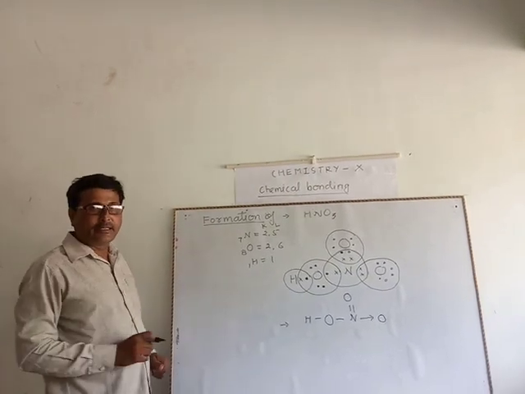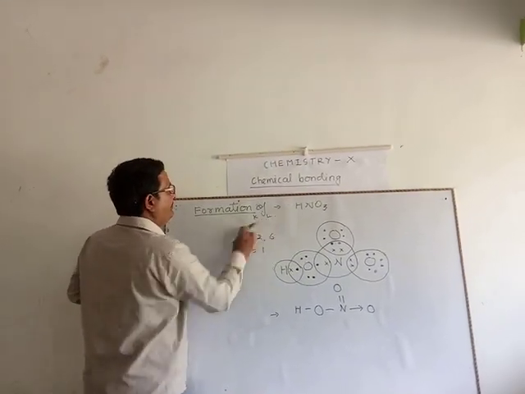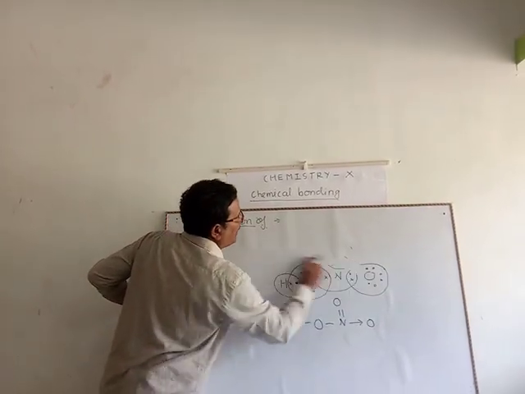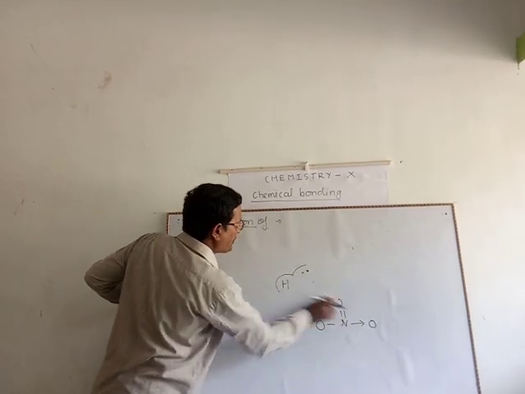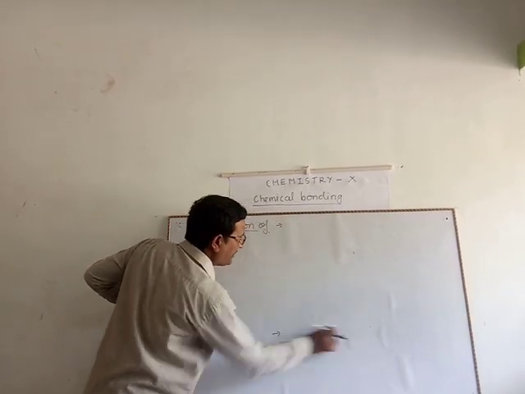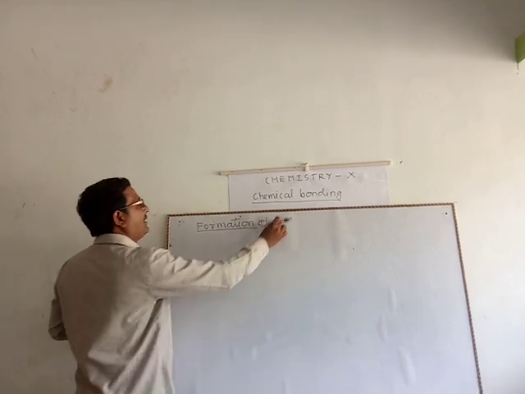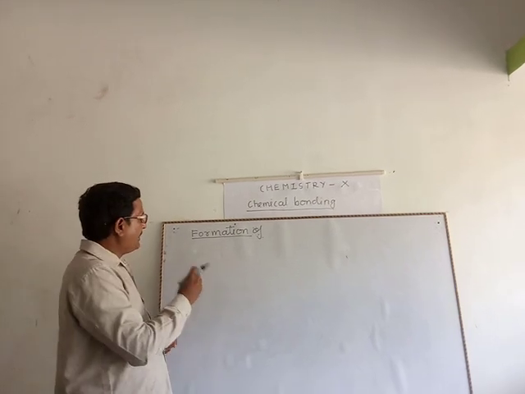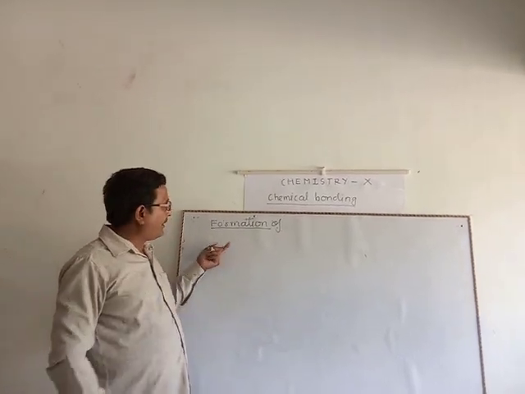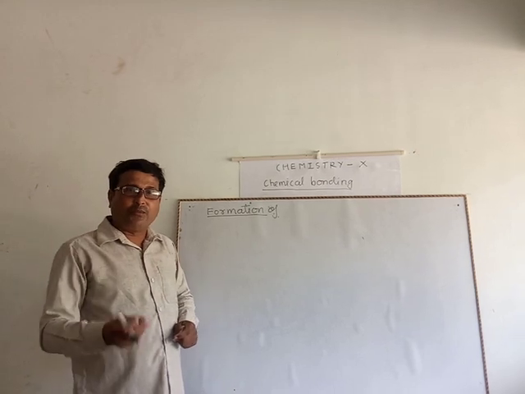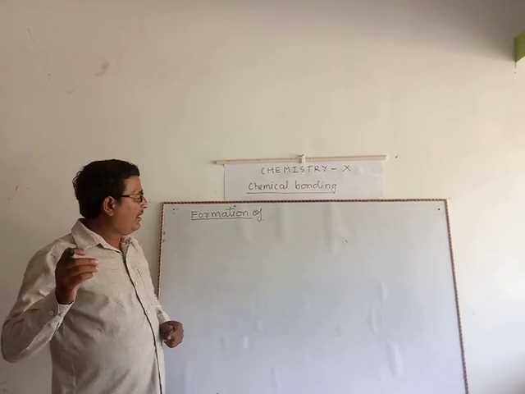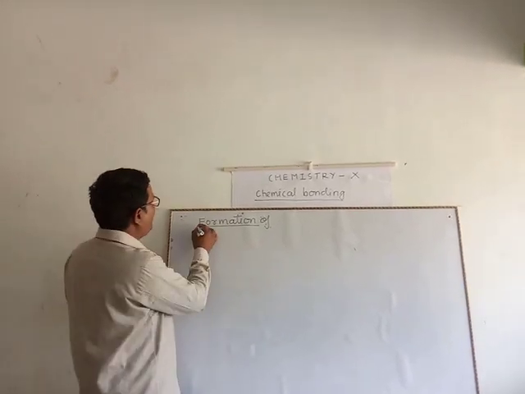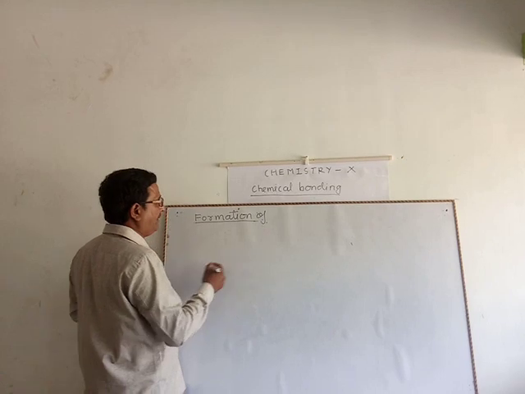I hope that is clear. Next, formation of radicals. In radicals, I have also given the formation of the ammonium ion. In the given questions, one question is that ammonia is a covalent compound, meaning it does not allow electric current to pass through it, whereas the solution of ammonia is a weak electrolyte. I will give the answer to this question. Before that, you see the formation of the ammonium ion.